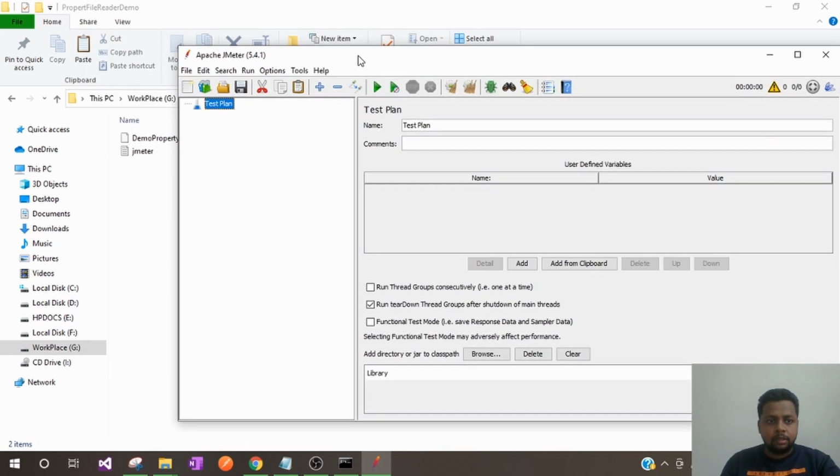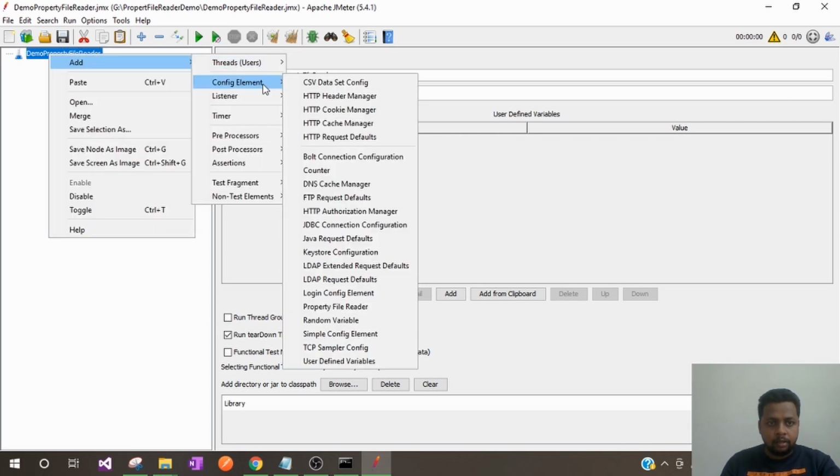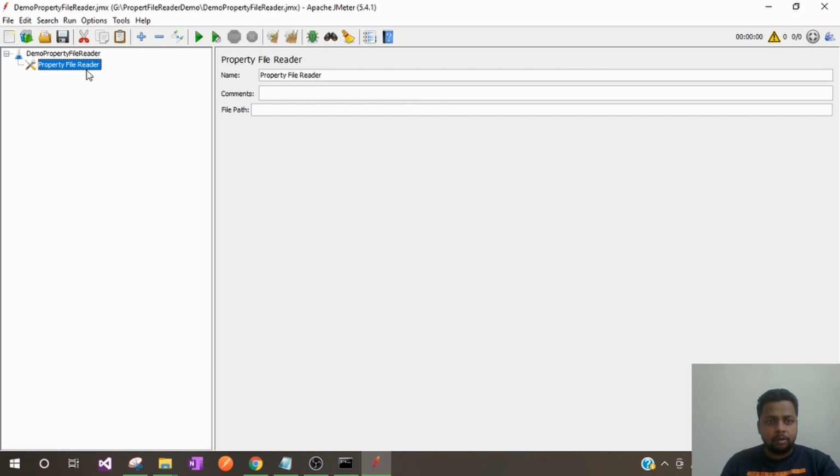JMeter is launched. I want this test plan to be opened, so I'll just drag and drop. Now just right click and go to add, config element, and see, you will get this option called property file reader. So just click on it. The property file reader got added.